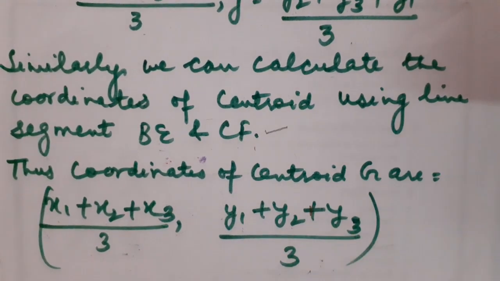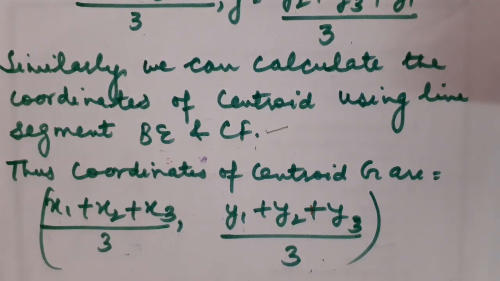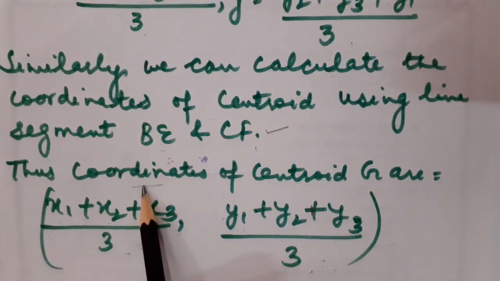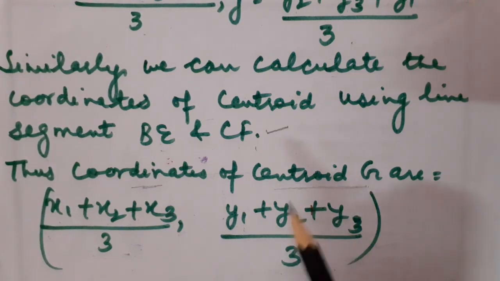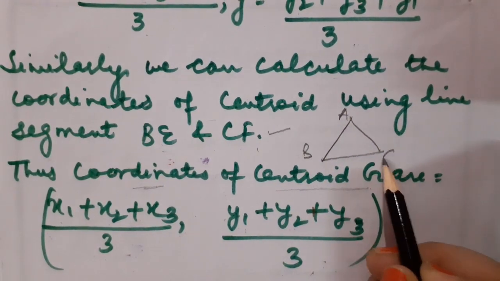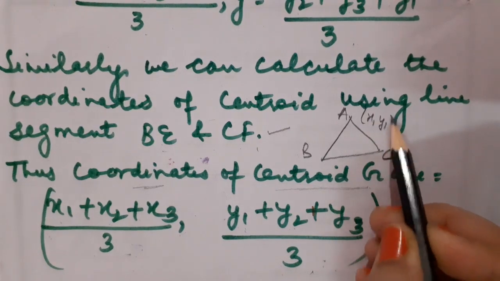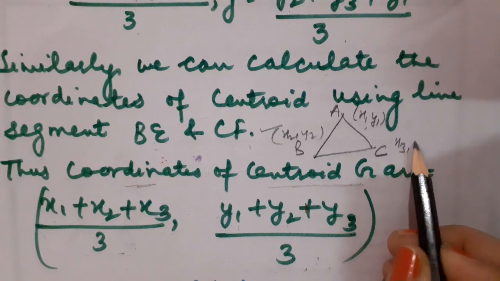Fine, students? Sometimes children, in a one-marker question, you will be given a triangle along with all 3 vertices and whose coordinates are also given. Then only this question will be asked: just calculate the coordinates of the centroid point. Then what you have to do? You have to pick the abscissa. Just have a look at this diagram. This is ABC. Here I have written x1 comma y1. This is x2 comma y2. And here I am writing x3 comma y3.